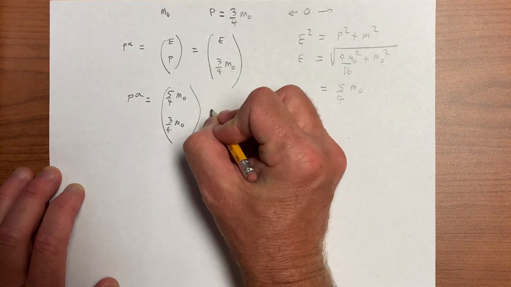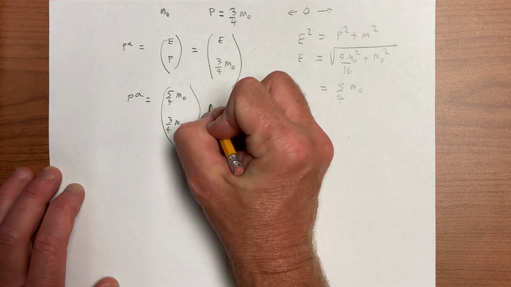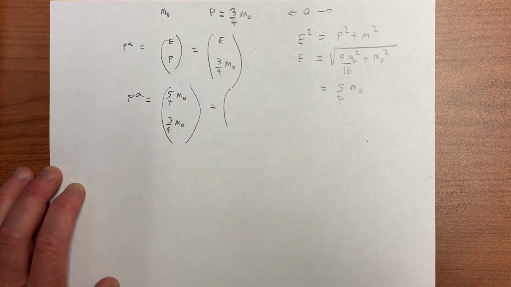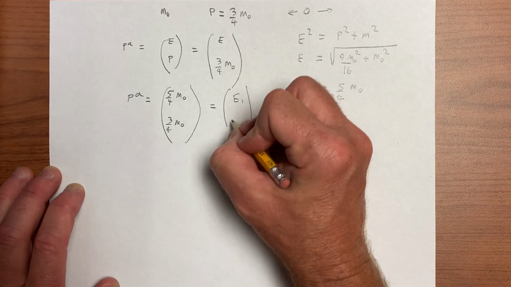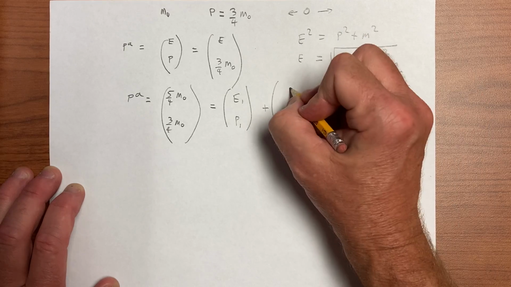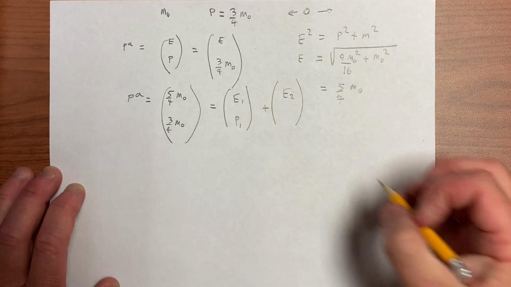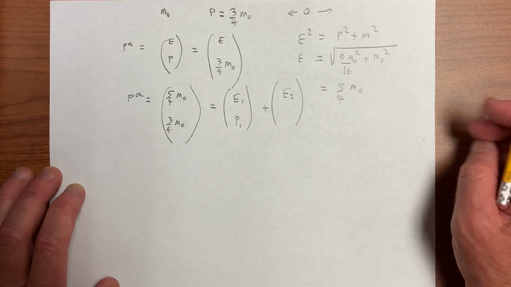And now this breaks up into two particles. So let's break this up into two light particles with energy E1 and momentum P1 plus energy E2 and momentum,